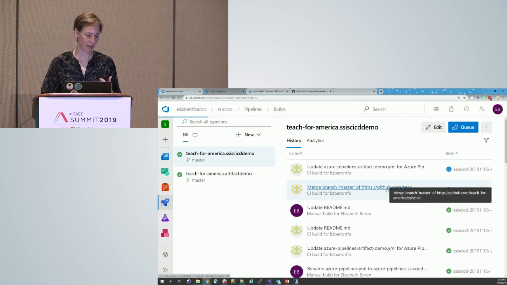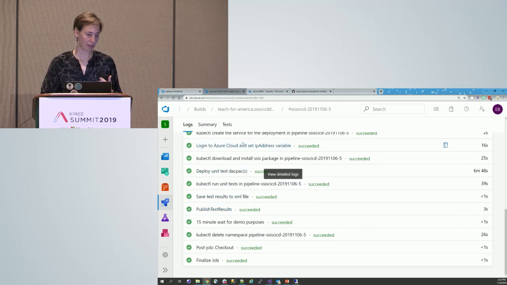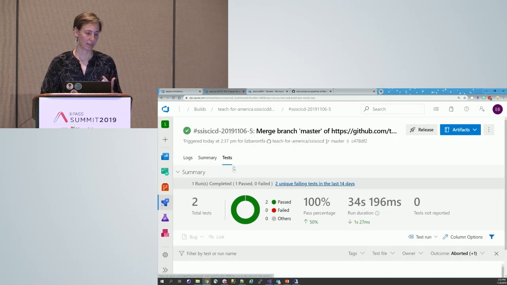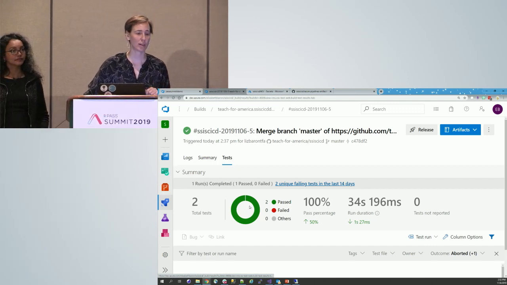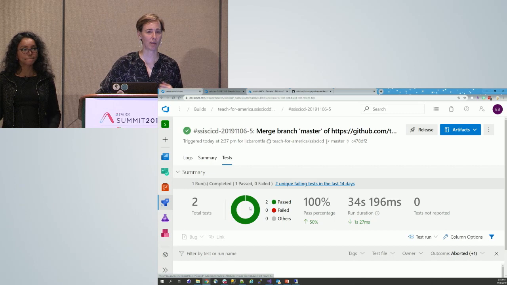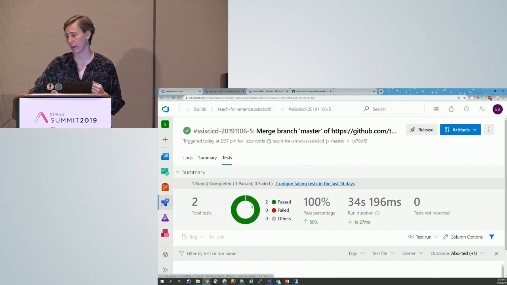So I think we click on this one. This was the one right before. Looks like everything was successful, nothing failed. But let's look at the tests. 2 passed, 0 failed. So thank you all, right? We went in, we updated our business logic in our SSIS package to match what we knew the business wanted, because that was in the unit test. And now you can be confident every time you run or check in your code that previous business logic that you've been asked to implement still works. QA, if you have a separate QA team, can still be confident that it still works. Your code quality goes up.